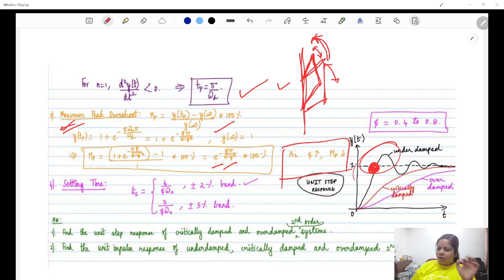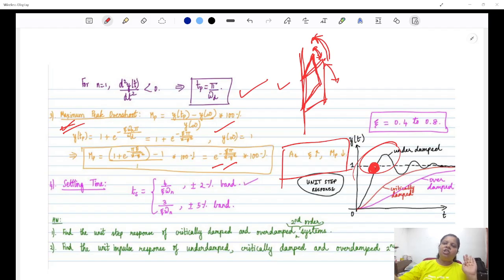You'll spend a lot of time coming back to the initial position. This is a very practical example. I hope you understand what I am saying. If the damping is really high, if you are trying to stop the system to rest at its initial position, it would not have an overshoot.